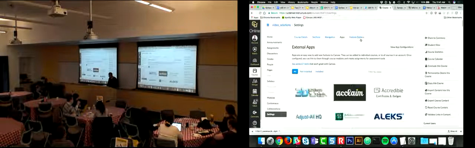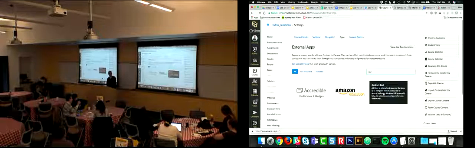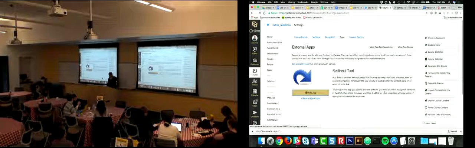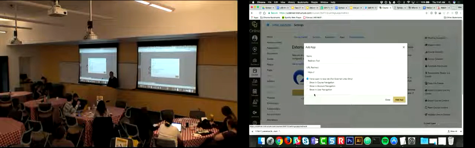So let's go to the apps. We can search for redirect. The symbol is this little arrow here; you have to hover over it to see it. When you add that app, and you can add this as many times as you want, you want to give it a specific name. So this will be